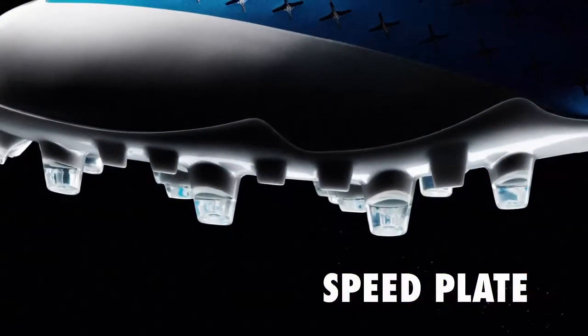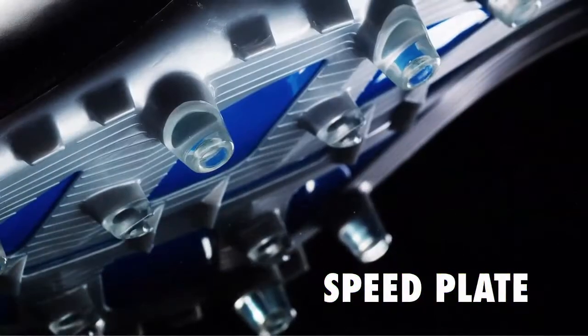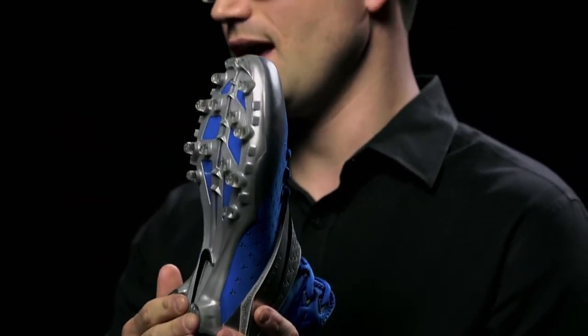For the speed plate, we decided to use a plate that was one of our most lightweight and most aggressive as far as traction goes. Excellent traction in terms of the forefoot for braking, which is really important to Calvin. And then also one of the things that he really called out in detail were the sidewall shovels that are